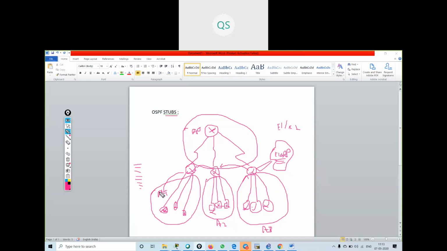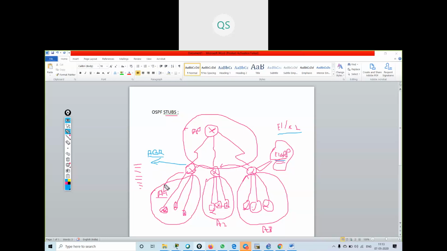Suppose I made area 1 a stub, and these routers will have default route information for EIGRP. Only my ABR, the area border router, will have all the routes to reach the external E1 and E2 routes.